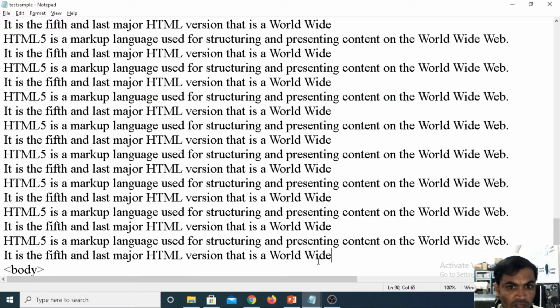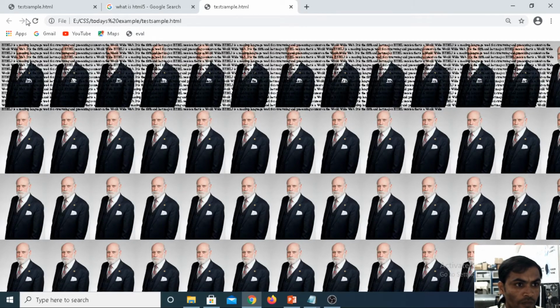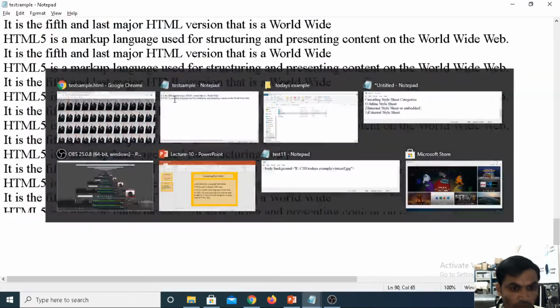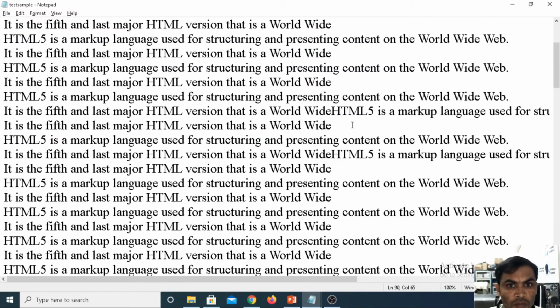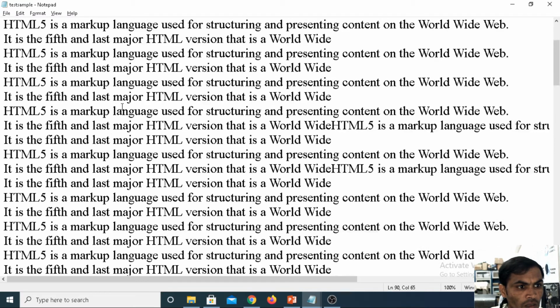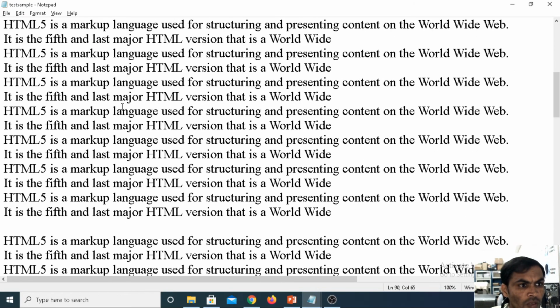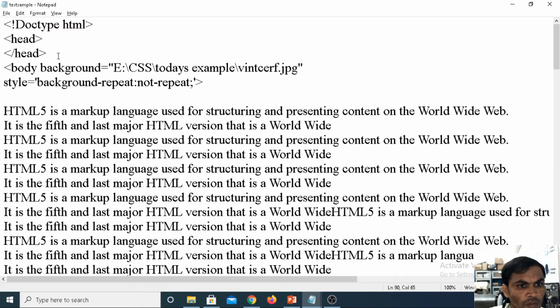Then when you are saving the file, then we are getting multiple images.